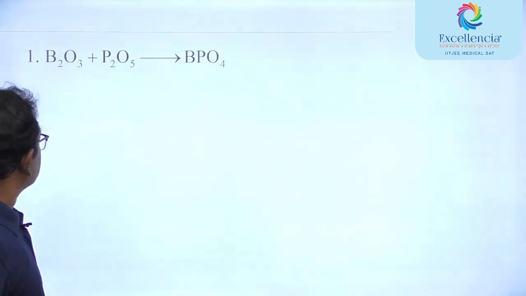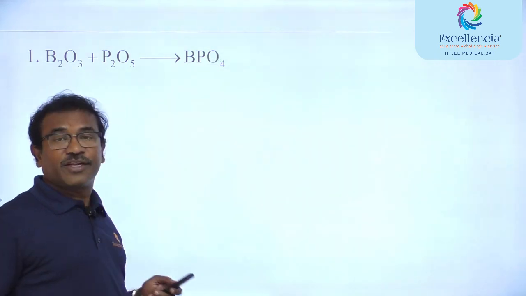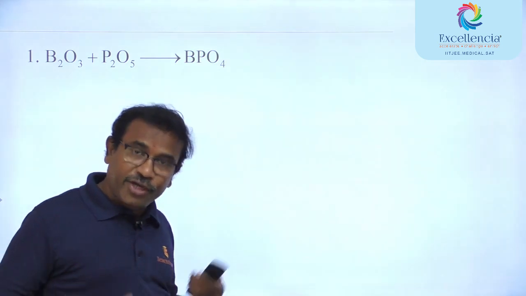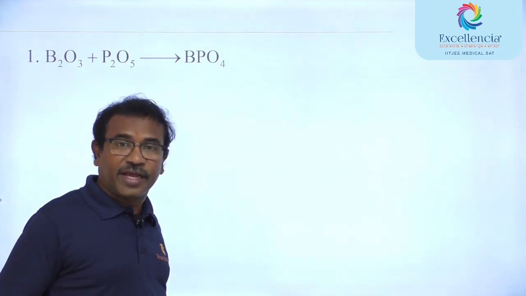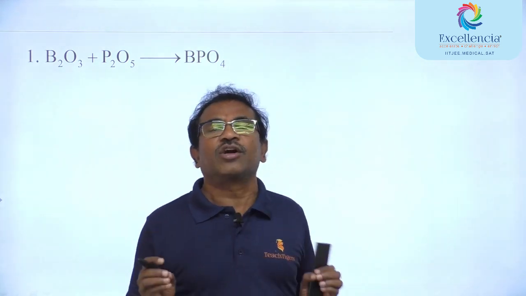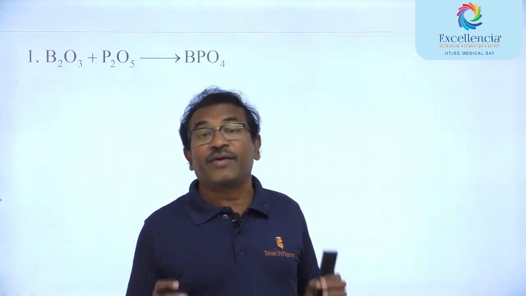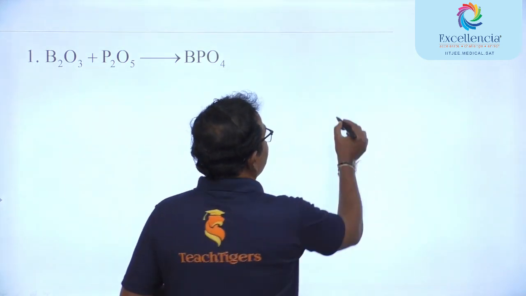In this process, guys, see here we have a reaction. Boron trioxide with phosphorus pentoxide gives boron phosphate. So again, two things. Do we need to memorize it or do we need to understand? As we discussed in the beginning, we need to really invoke certain basic concepts which you learned in school or 11th class. Very basic concepts like what? You need to know simple